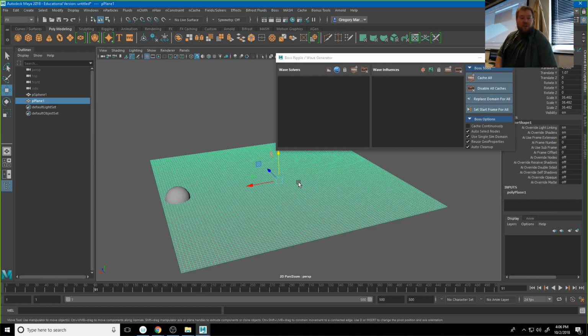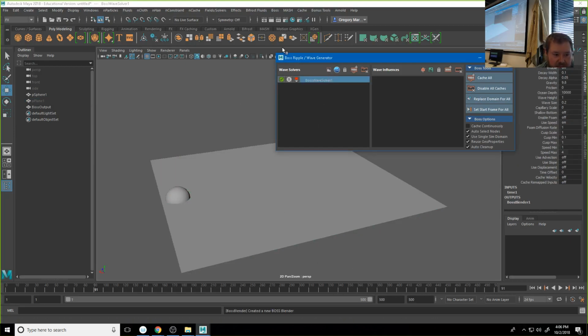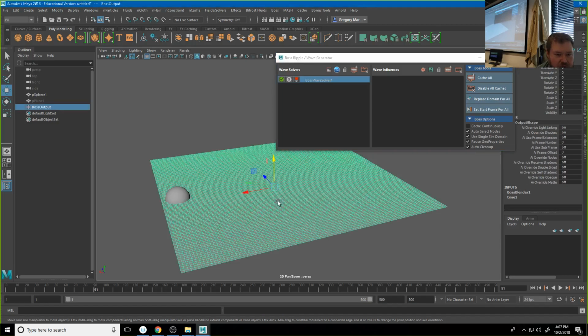So the first thing we have to do is decide on the wave solver, right? So right here is to create a wave solver. This is what I want my wave to be made of. So I'll click on that. I have a wave solver. And then I am going to,